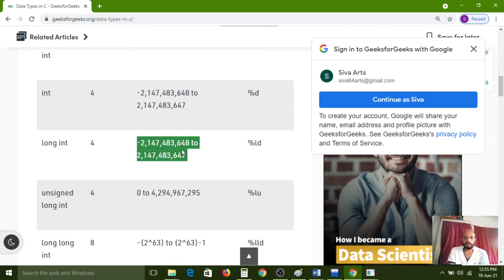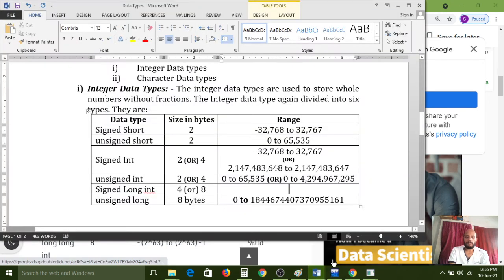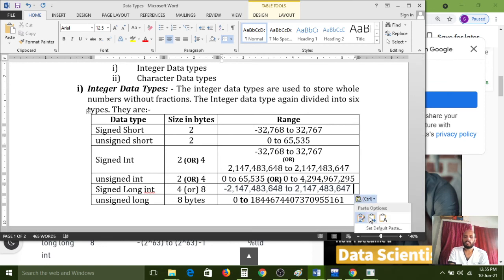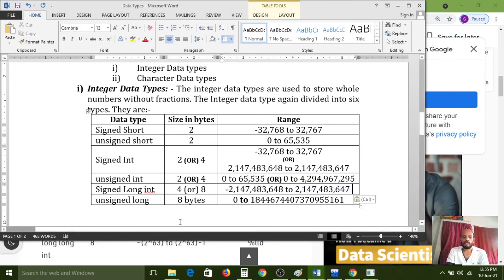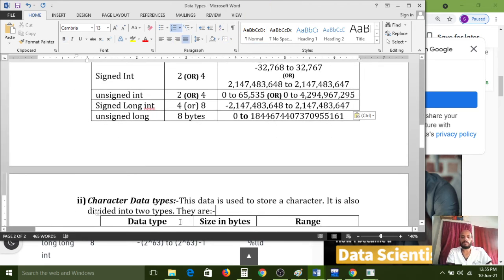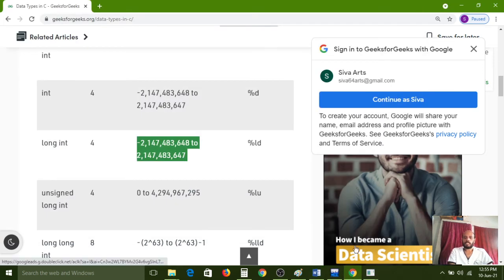%ld we have to use. No doubt in that. Right? Yeah. Now this is the range. Okay. And long data type we also have. No problem. That can also support. Yes.